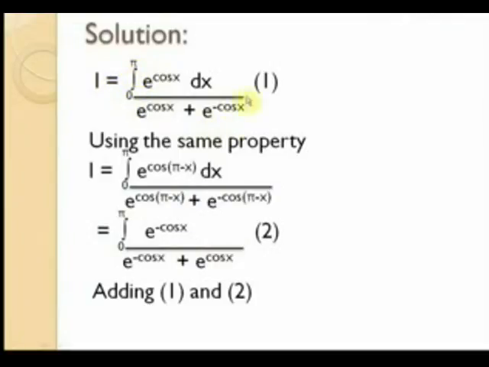Now using the same property, that is the integral of f(x) dx from a to b equal to the integral of f(a plus b minus x) dx from a to b, we use this property number 4 to get I equal to e to the power of